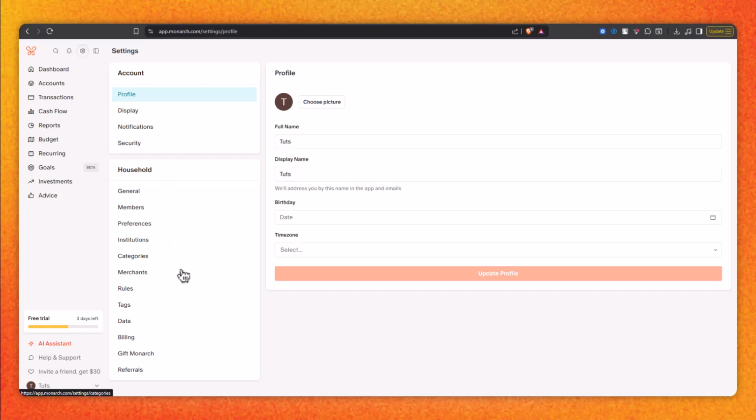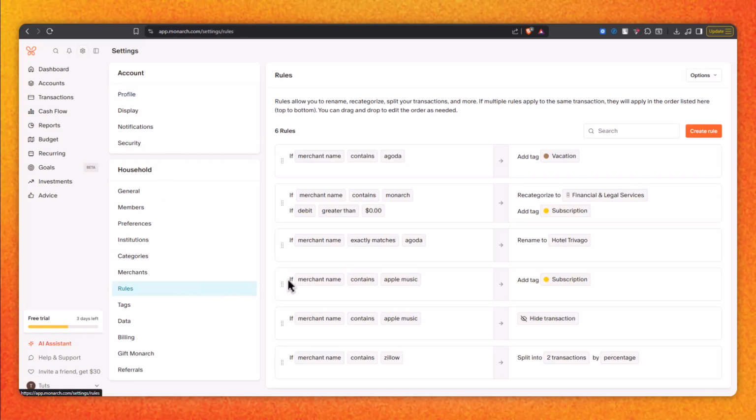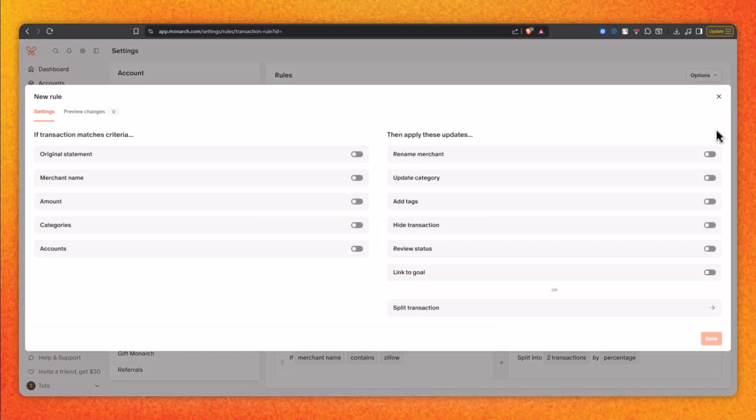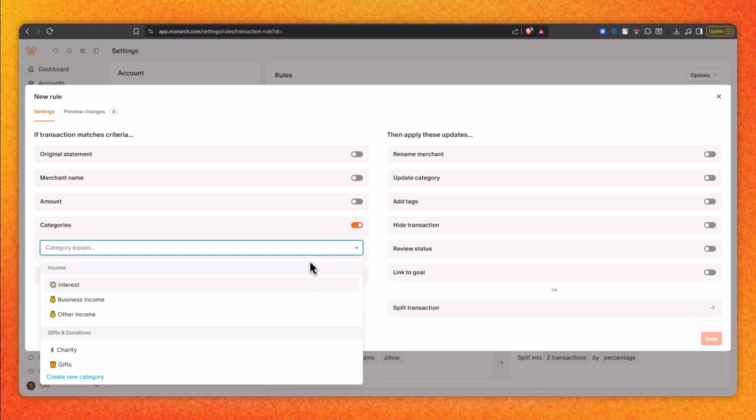Go to Settings, then Rules, and set the action to mark transactions as reviewed automatically when certain conditions are met. You can also enable a setting to mark all new transactions as needing review by default, so you stay on